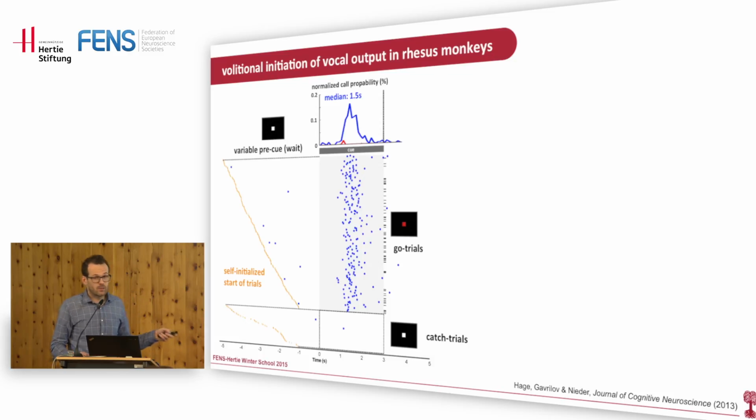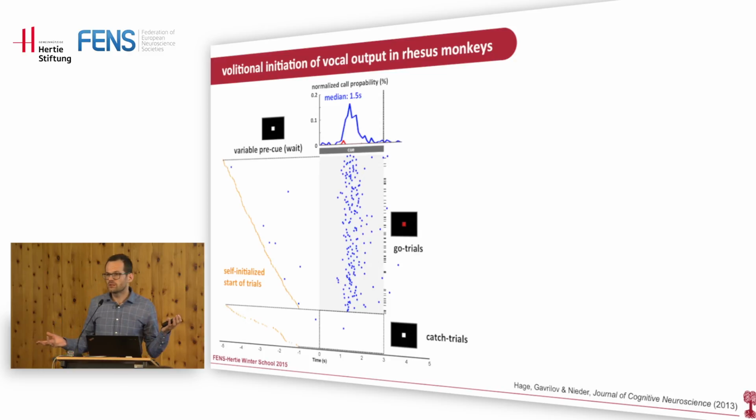Now trials where the monkey produced the vocalization are indicated by a black dot, and this blue dot indicates the onset of the vocalization within this trial. And these horizontal bars back here are indicating trials where the monkey did not produce a vocalization, so-called misses. And these, we'll see later, are very, very important for us, especially when it goes to neurophysiology. Okay,